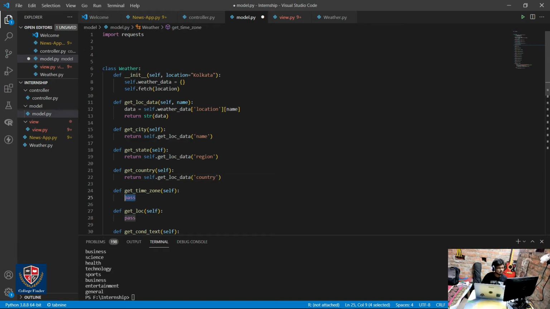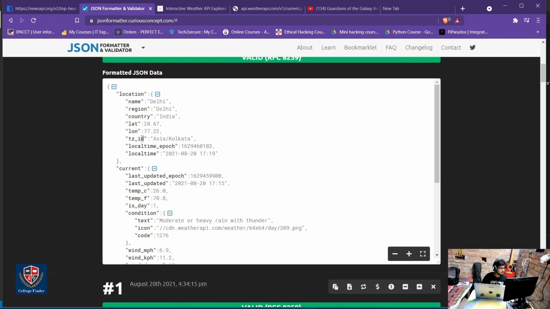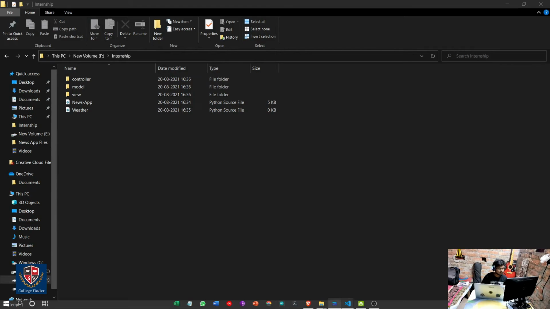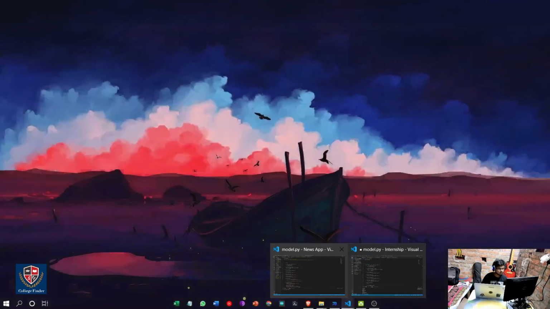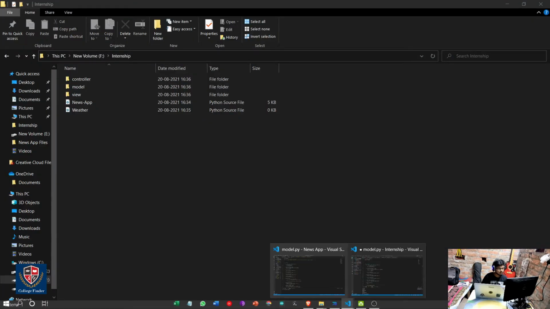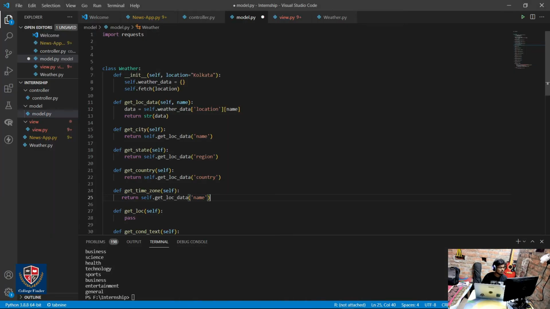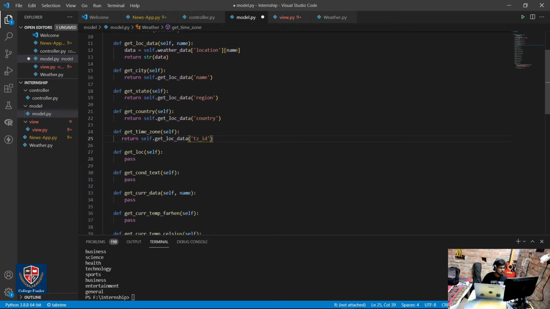and for the time zone I have this TZ ID, time zone ID. Sorry, I don't know why it's not opening. Okay, so get ID, get ID. Now to get location data,